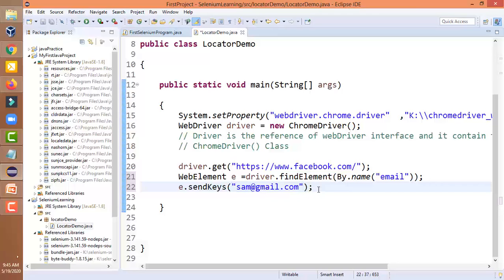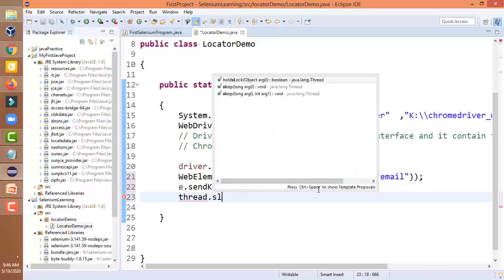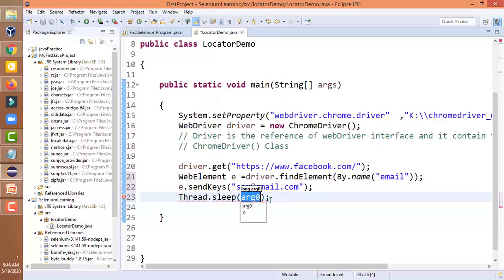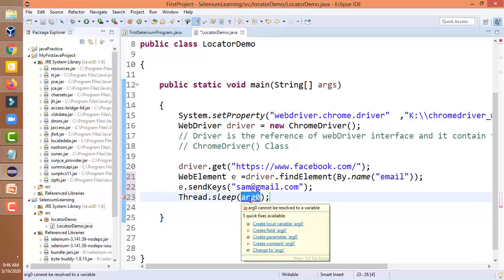Now let us wait for some seconds, and to apply the wait we can use the Thread.sleep method. So look at this Thread.sleep. What will it accept? It will accept milliseconds.